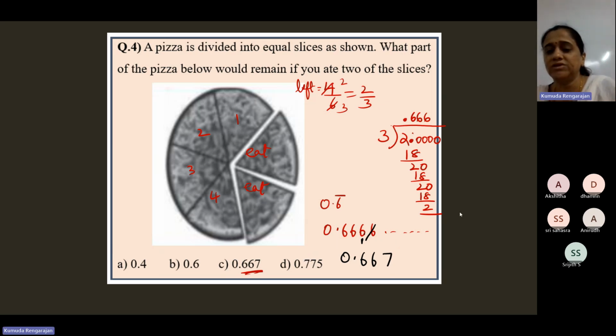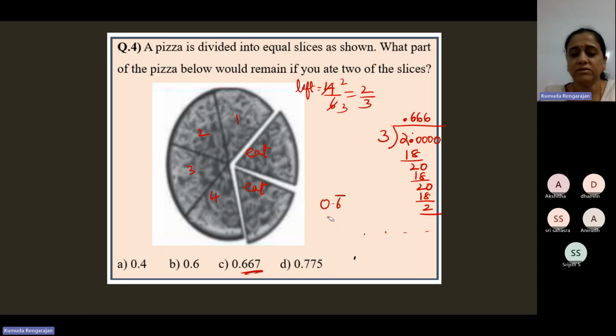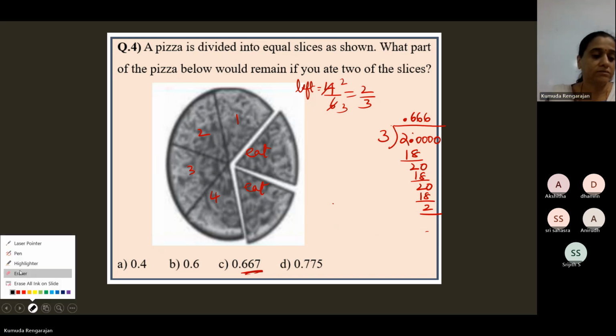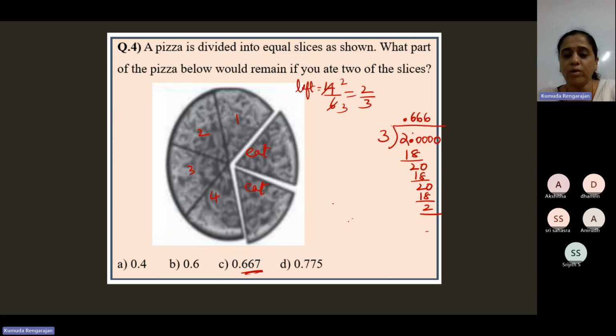Actually, the answer is a non-terminating repeating decimal, 0.66666, going on forever. That's the answer. What's the answer? It is 0.666, going on forever. But